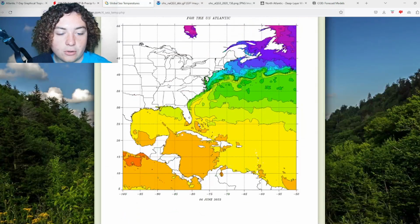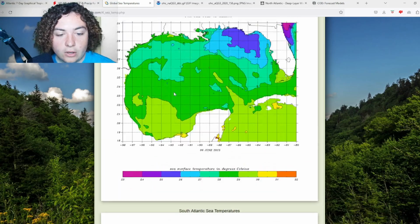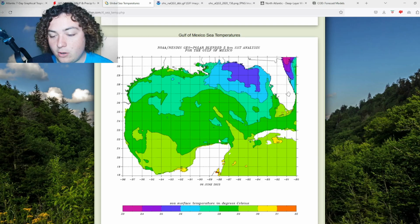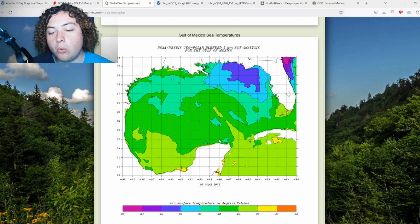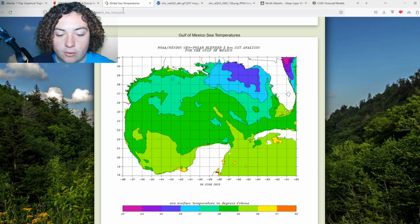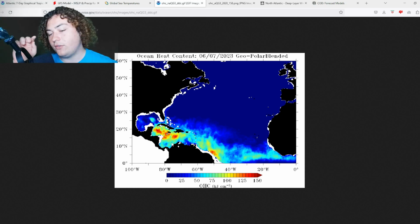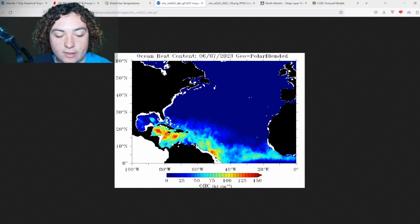Let's go ahead and take a look at what's going on. This area right here, if we take a look at the Gulf up close, we're looking at 28, 29 degrees Celsius temperatures, which, for those of you who do not know, is about 82 to 84 degrees Fahrenheit, and that's more than enough for hurricane development, as well as the OHC, which all these runs actually have this thing moving through. The OHC is absolutely impressive, and if a storm can develop through that,